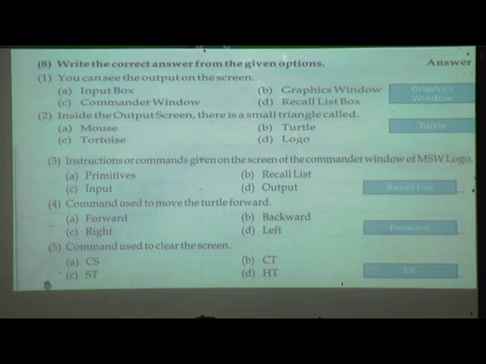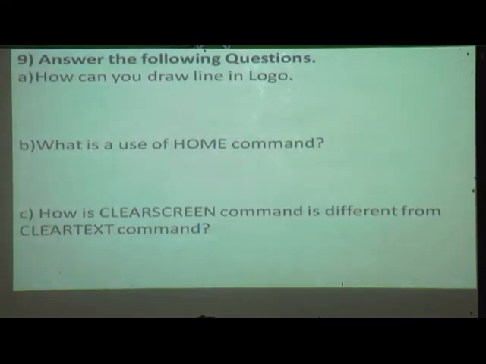Now the next question. Answer the following. First question: how can you draw a line in Logo?